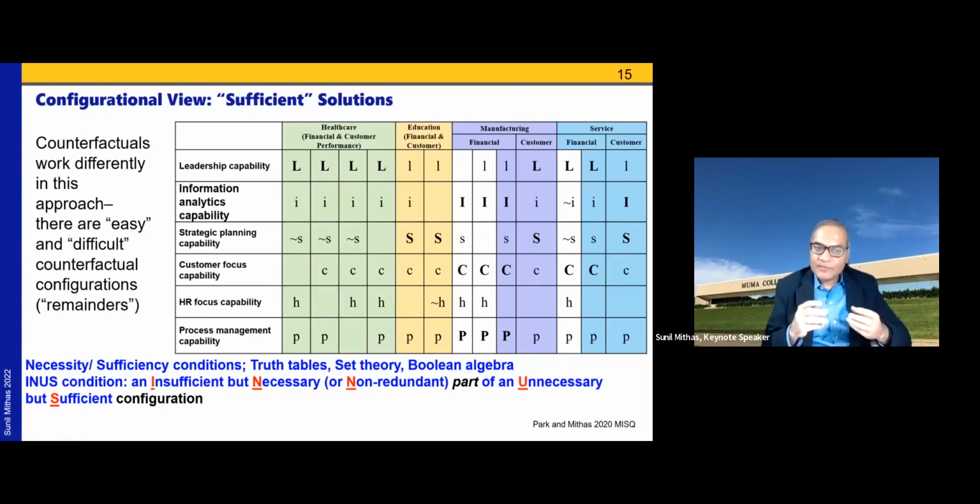And by counterfactual configurations, what they mean is that in the real world, the data that you will have access to, you will not be able to see all the potentials, permutations, and combinations. In other words, there is limited diversity. And in order to make some causal inferences, you will have to think about these counterfactual configurations